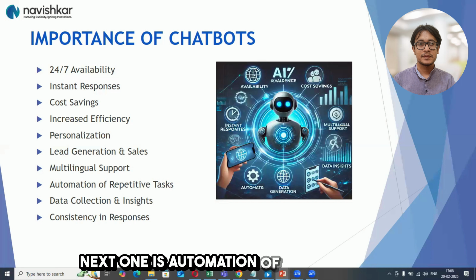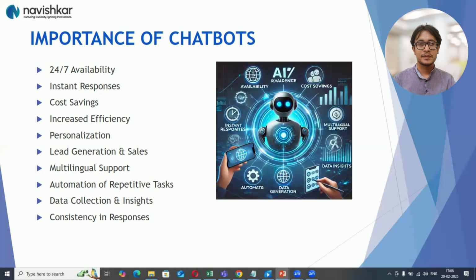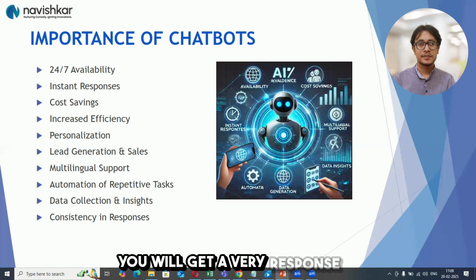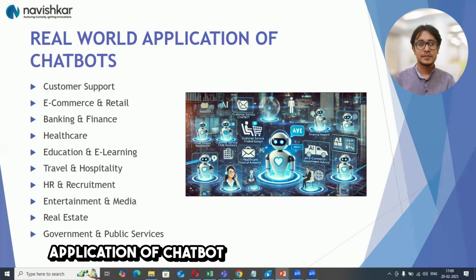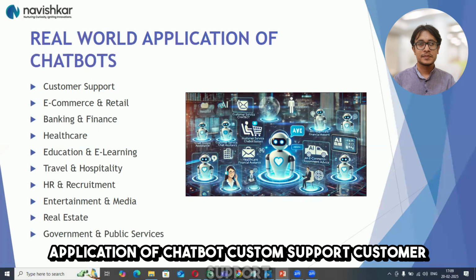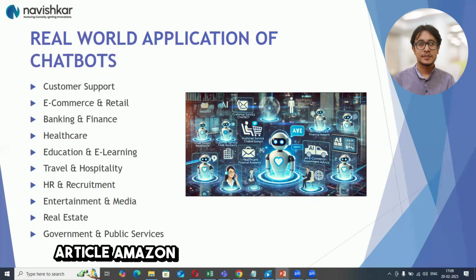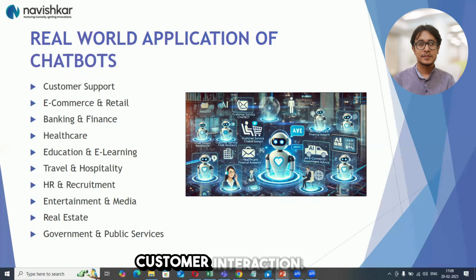Next one is automation of repetitive tasks. Data collection and insight, targeted data है उसको हम यूज कर सकते हैं। नेक्स्ट वन, कंसिस्टेंट इन रिस्पॉन्स, you will get a response in a quick way and it is consistent. The application of chatbot, customer support, आजकल अमेजन, फ्लिपकार्ट, बहुत सारे ई कॉमर्स प्लेटफॉर्म्स भी हैं, कस्टमर इंटरेक्शन होता है।